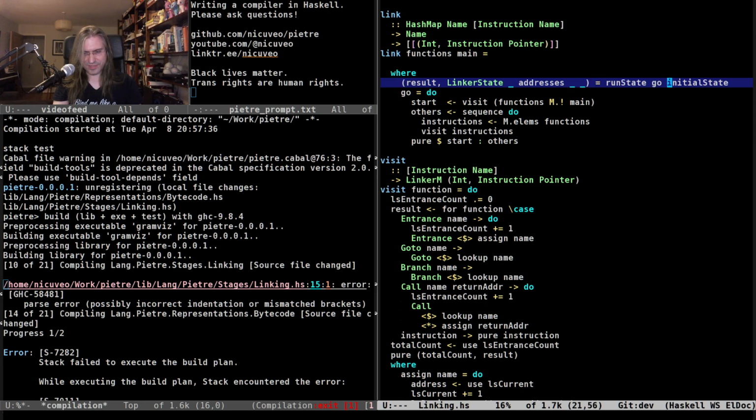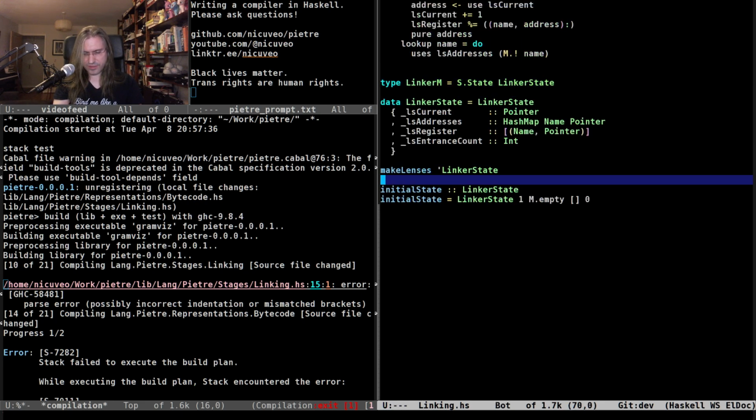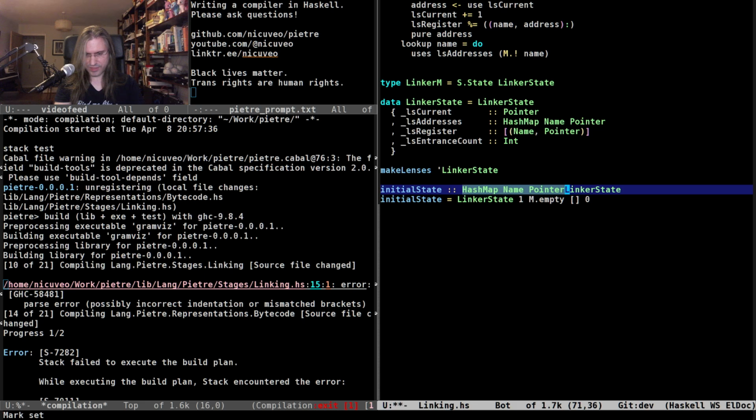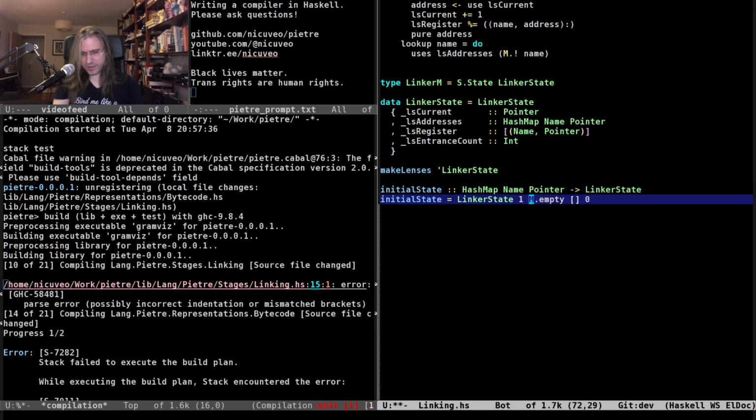Which means I'm gonna rename this final state. I'm gonna change initial state here to take the hash map and it puts it as a second argument.